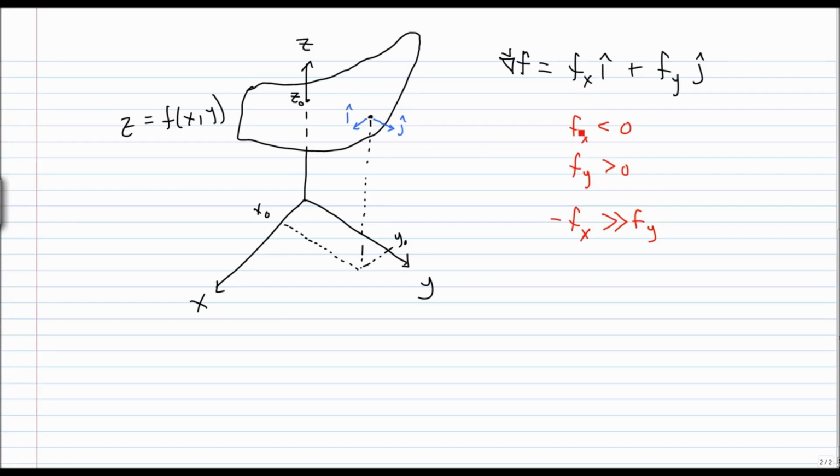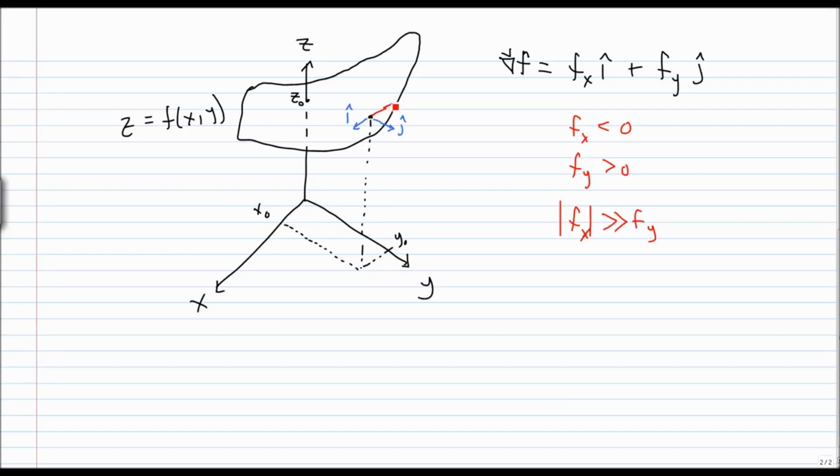Well, if f sub x was negative, then we're going to multiply the i hat by f sub x, which means that we're going to have a component of our gradient vector that points in the negative i hat direction. Actually, maybe I should write this like this: maybe the absolute value of f sub x is a lot bigger than f sub y. So that means that maybe